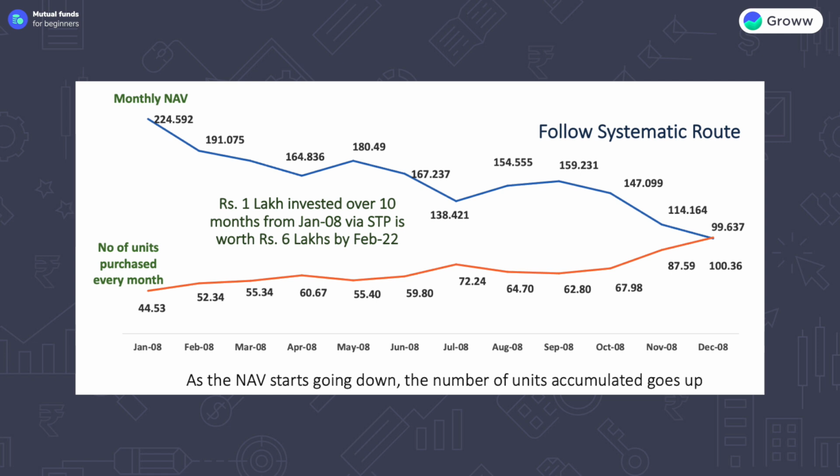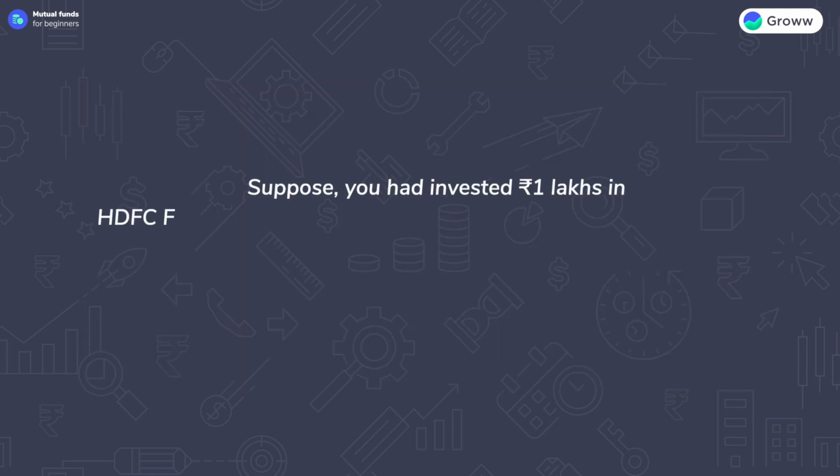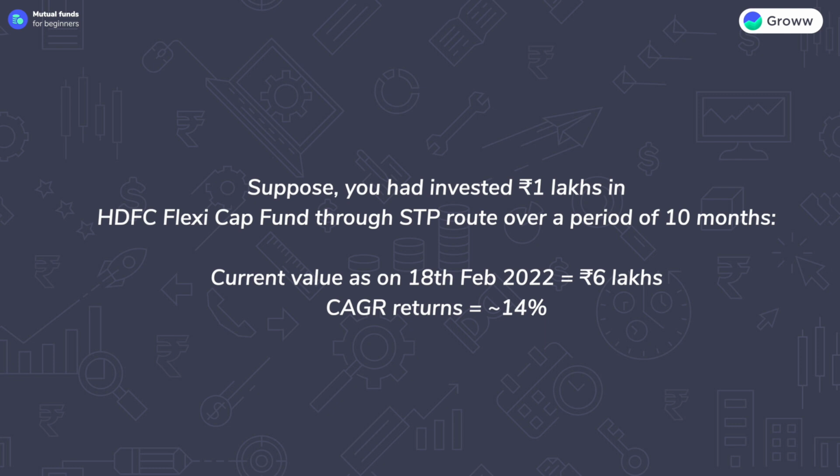So had you invested in a liquid fund on 1st of Jan 2008, and had you systematically transferred into this particular fund over 10 months, 10,000 rupees every month, then the value of this 1 lakh as of 18th of Feb 2022 would have been approximately 6 lakhs with a CAGR of 14%. So using the STP route while entering the equity market really helps you in managing the risk of entering the equity markets. So now let's go back to the highway example that we had discussed at the beginning